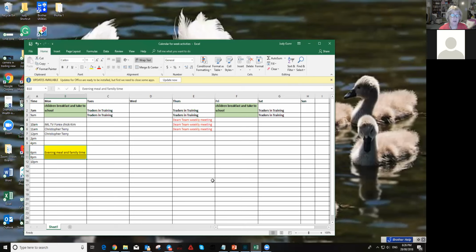I found this really, really helpful when I was working full-time and I was doing things online and having to fit everything in, because you can come and sit in front of the computer and waste a whole lot of time just going through your Facebook feed, which isn't very productive. So this way to do this, you have this up, and then the idea to have this set up,